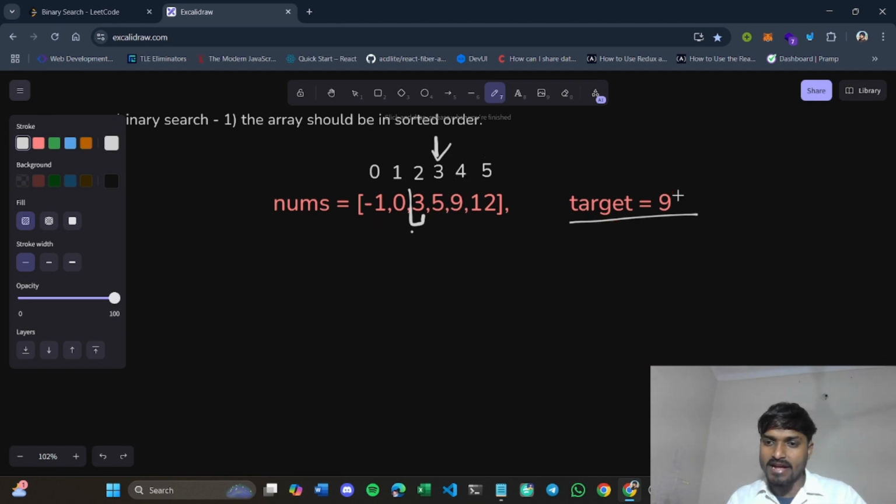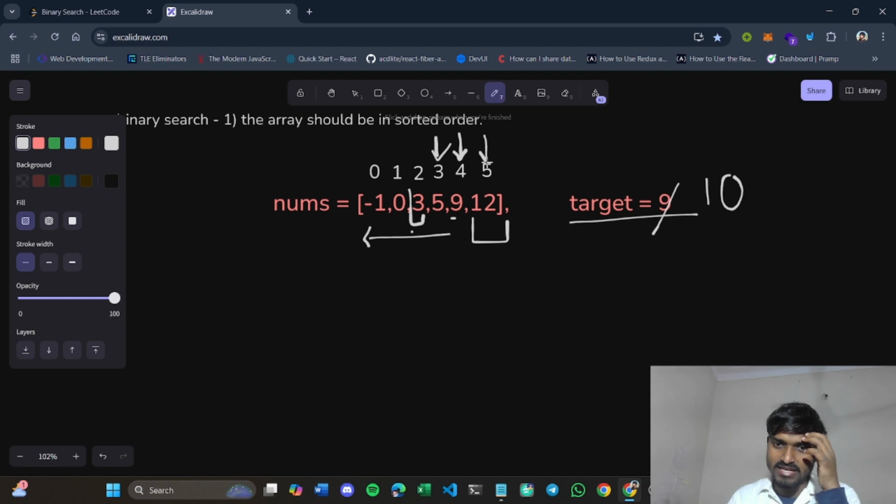Now let's say here the target given was 10, instead of 9. So again, in the previous case, when you compared your element 9 with 10, you saw that it is not equal, but 10 is greater than 9. So we will ignore this part and again move our search space from 12 to the end element. So 12 is itself the end element. So we will restrict it out here. Now we will find the mid. So mid is basically the 5 itself, right? There is no element after it. So the mid will be the 5 itself. 5 is the index, right? Now again you will compare 12 with 10. So these are not equal.